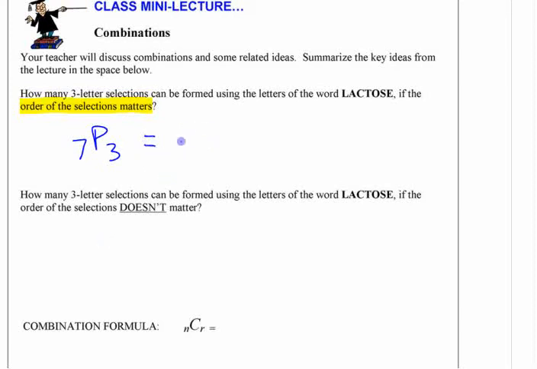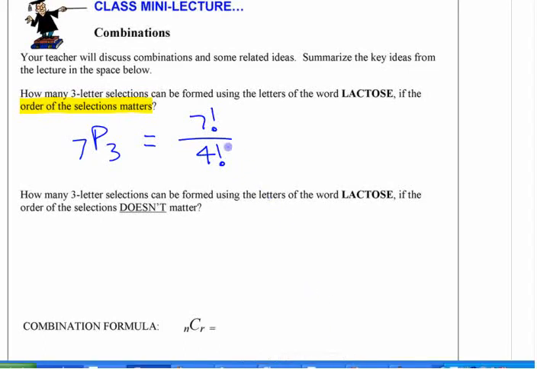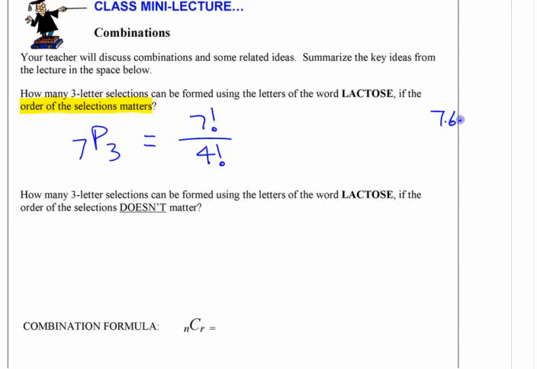The expression using factorials that you can use to come up with that is orders of all of them, 7 factorial, over the orders of the ones you're not choosing. 7 factorial over 4 factorial. You can work that out. It'll give you something or other, right? 7 factorial over 4 factorial, 7 times 6 times 5 times 4 factorial, over 4 factorial. You can cross out the 2 4 factorials, and hopefully somebody can tell me what that is. Never mind, it's, what is it, 210 or something like that? 7 times 6 times 5. There's 210 ways to choose 3 of those letters